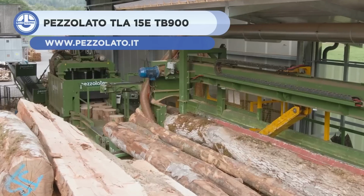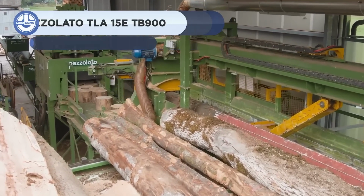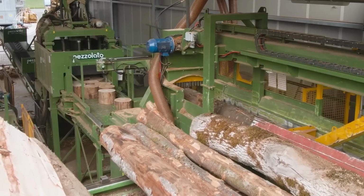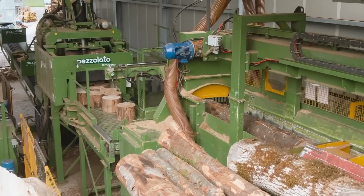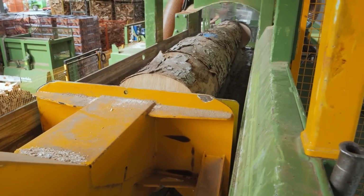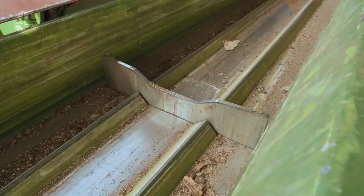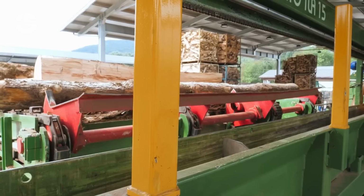Up next, we have the Pezzolato TLA 15E TB900. It consists of 2 machines, a firewood disc processor with a separate wood splitter, and an automated vertical splitting system. The TLA 15 firewood disc processor can convert random lengths and diameters of wood into uniformly sized logs. The logs are then moved to the wood splitter, the TB900,